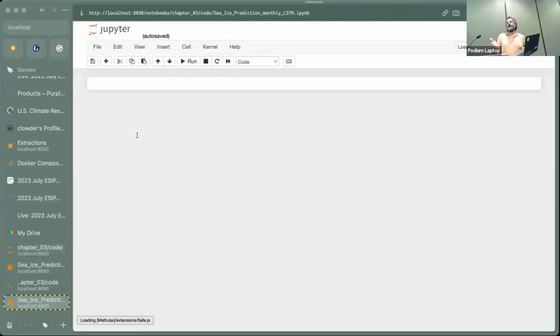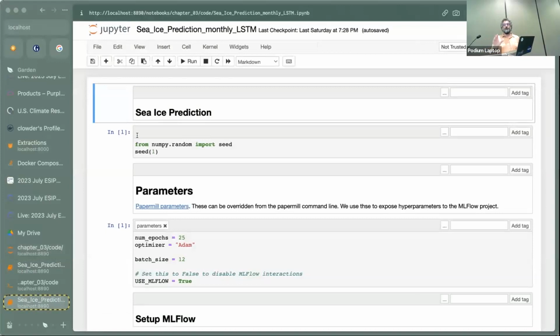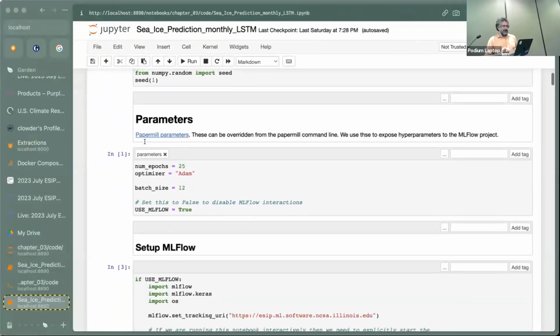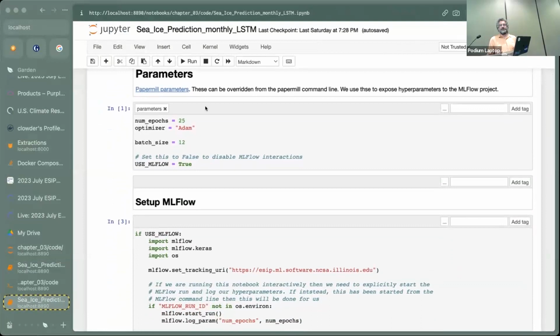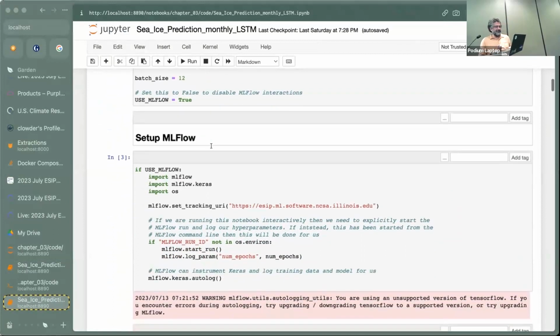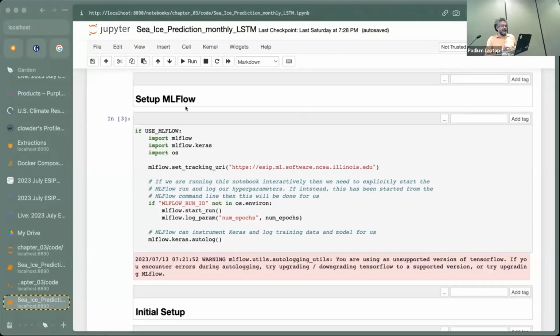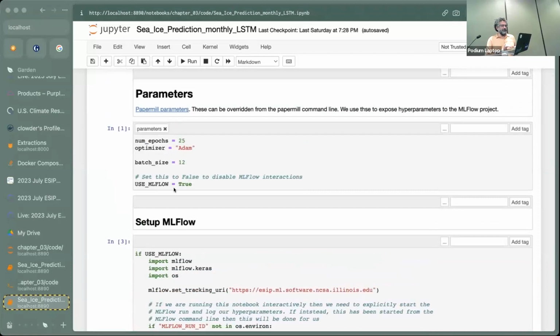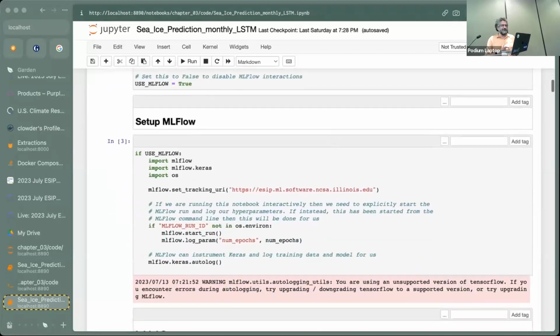And so I just wanted to show what I had to do in order to instrument this Jupyter notebook. One of the things I did, because part of the benefit of MLflow is being able to surface your hyperparameters and keep track of them, is I kind of went through the notebook and found what looked like the hyperparameters and put them in this one cell here at the top. And this tag parameters will come in handy in a bit. And then I usually make a variable like a Boolean, use MLflow, because maybe you don't want to mess with it while you're doing some serious development. So then, a conditional that says if you're not using MLflow, don't do all this stuff.